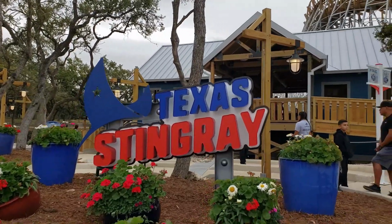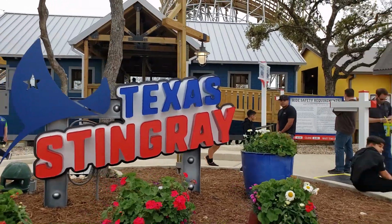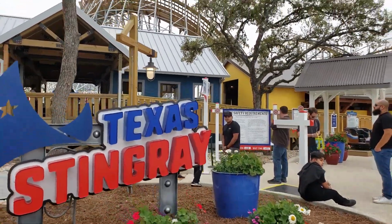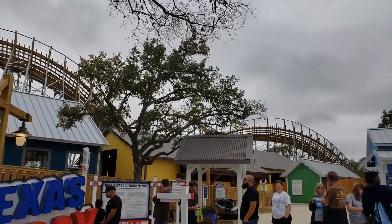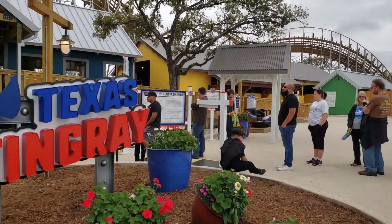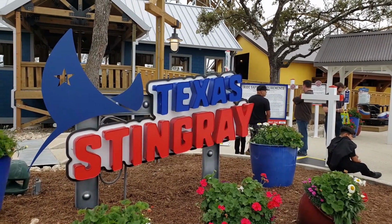There is no theming to this attraction. That is the one bummer about this ride. You think with SeaWorld parks, they usually do a pretty solid job at theming, but there is no theming. It is a very clean, presentable ride. They have nice paving. They have nice landscaping around the ride, but there is no theming. They have a turtle exhibit across from the ride, but that's about as much theming